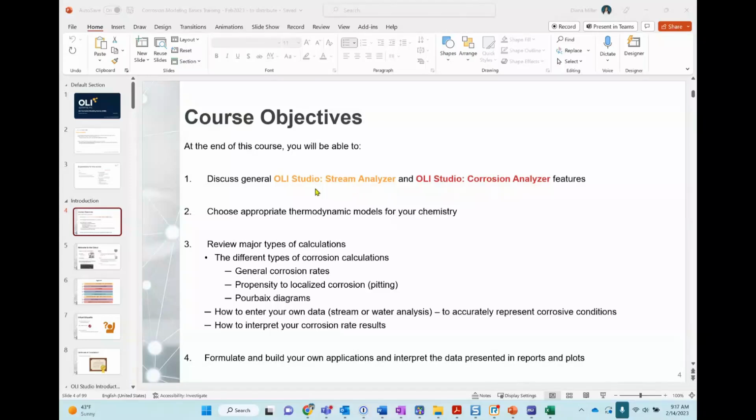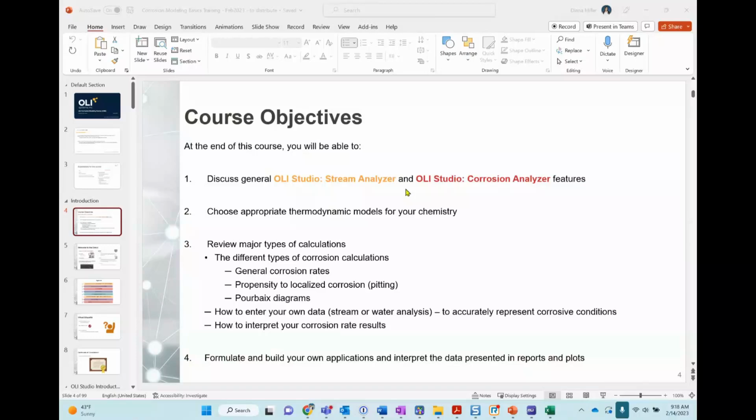So if you have water, oxygen, CO2, H2S, it tells you how that H2S and CO2 are going to dissolve. Then we transfer this bulk solution knowledge to the Corrosion Analyzer, where we can actually calculate corrosion rates. I will drill into this a little more later in the course, and that's the reason why you will always see these two pieces of software together.